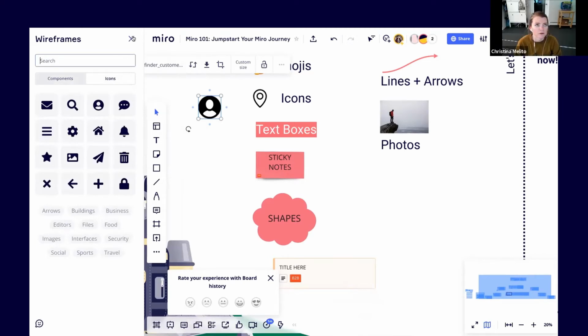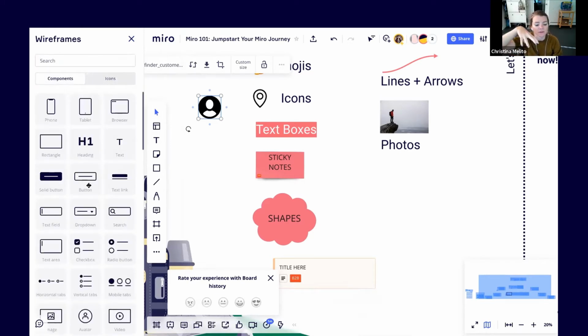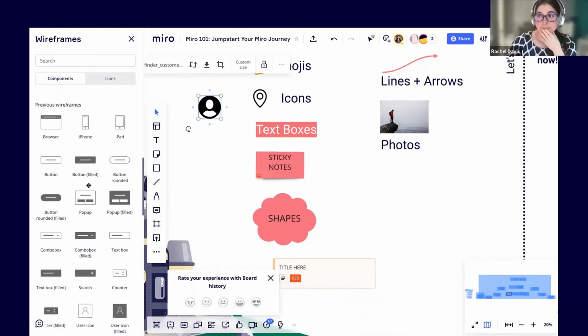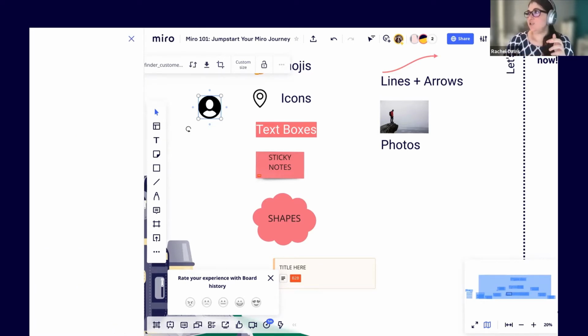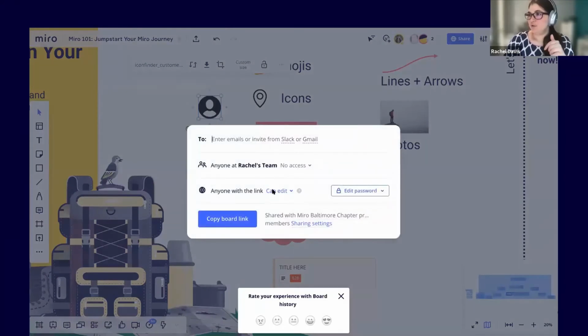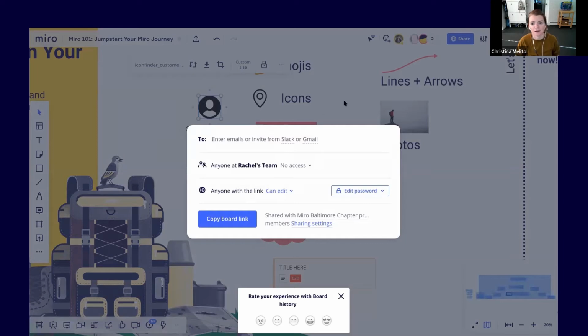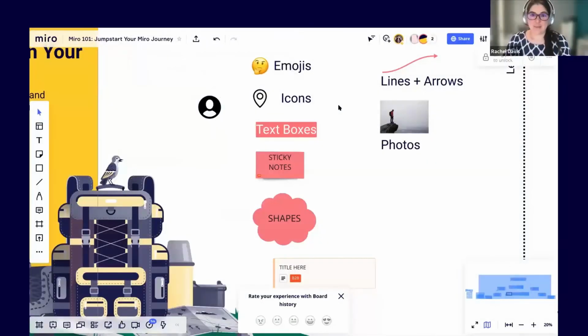Question real quick about wireframes. If I own the Miro account, like I'm the consultant and it's my account, can I share access with another team member and they build out a wireframe, or do they need... Okay. So I would recommend sharing it with a link and a password, and you give them editor access. So make sure when you're sharing that you choose anyone with the link can edit, like Google Docs. Yes. Then they wouldn't need a paid Miro account. They can just build a wireframe in it.